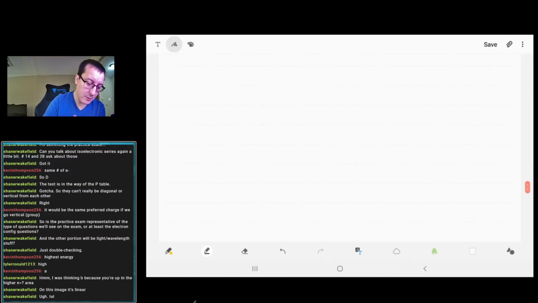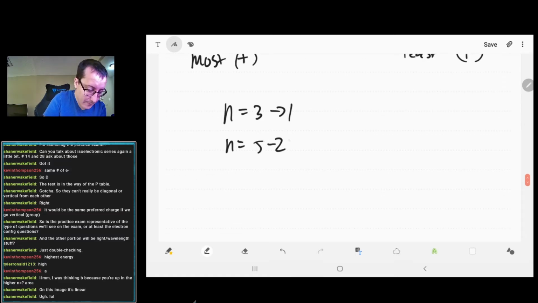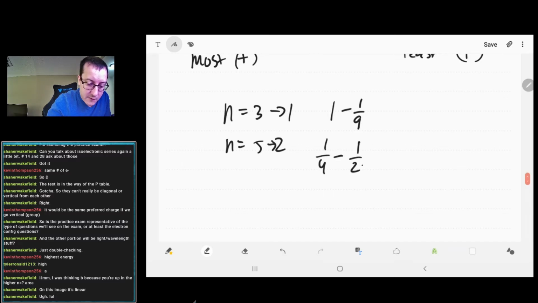I'll show you. We have a transition from 3 to 1, and the other one is 5 to 2. Doesn't really matter which direction they're going. It's just which one has more energy. One could be released, one absorbed, doesn't matter. If we think about this, this is going to be 1 minus 1/9. This is 1/4 minus 1/25. If you do the math,